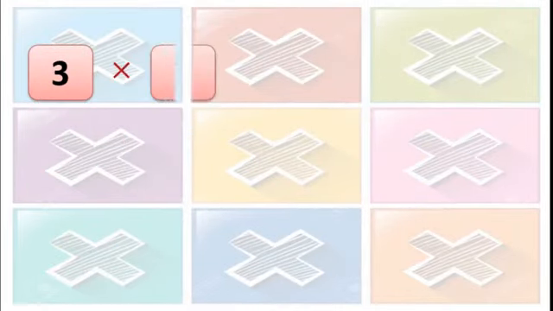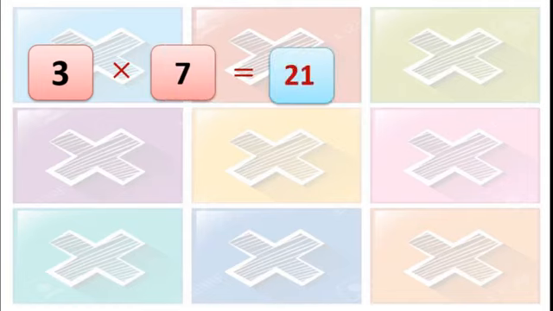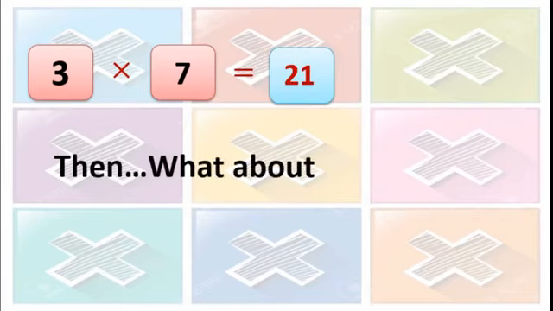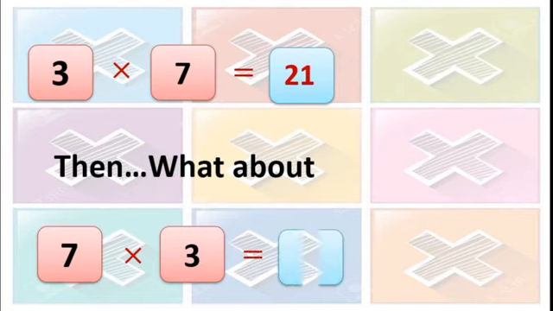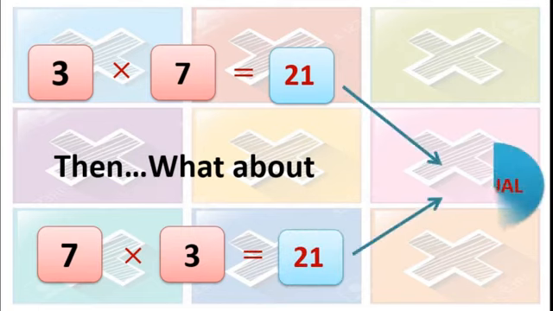See, dear students, 3 multiplied by 7 is equal to how much? 21. Isn't it? 3 sevens are 21. Okay. Then what about 7 3s are? How much? Yes, you know now. 7 3s also 21. So both of them are equal. Remember this property. 2 more examples we will go through.